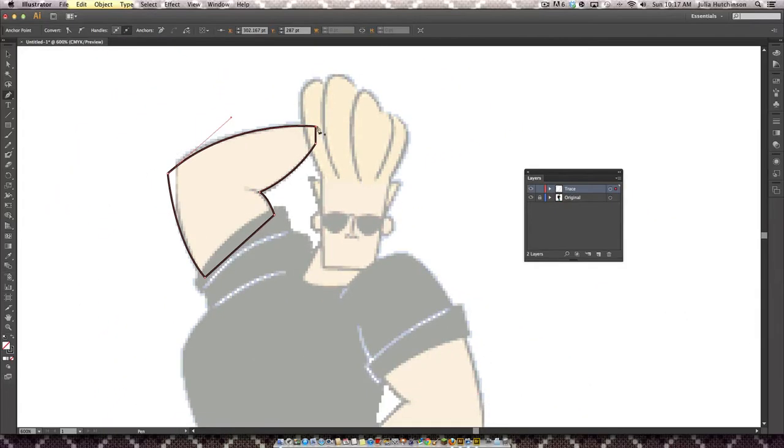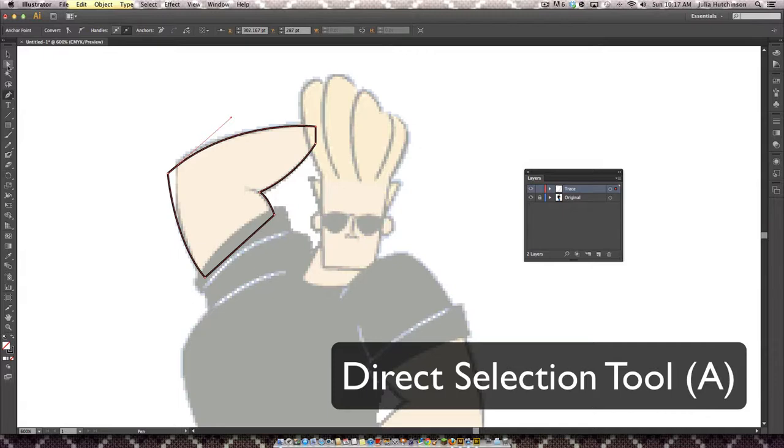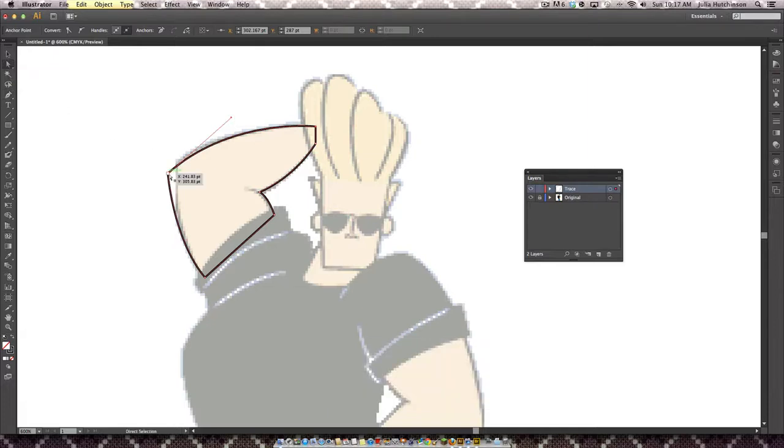Okay. These are anchor points that we've set out. So if you need to adjust any of the anchor points, you can use the direct selection tool. And if you take a look at the keyboard shortcut, the direct selection tool has a keyboard shortcut of A. Think of A for anchor points. So I'm going to press A, and I can adjust this. Okay. All right, so now I'm going to go back to my pen tool, P for my pen tool, and